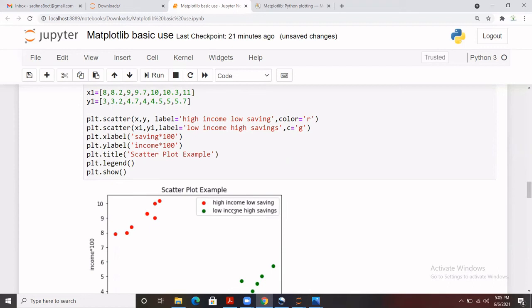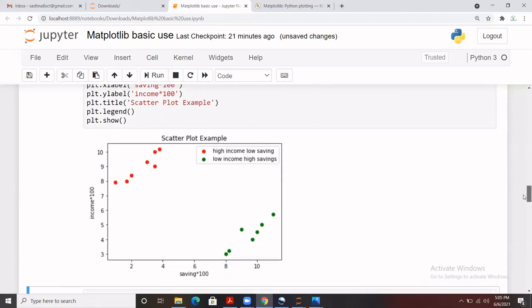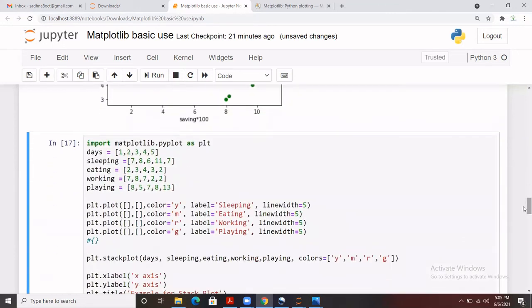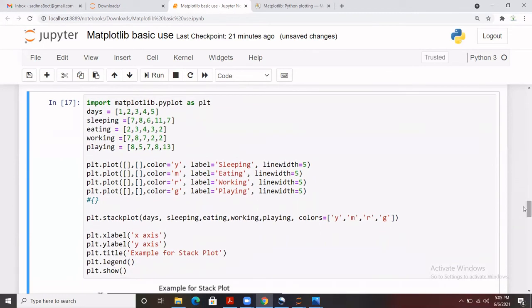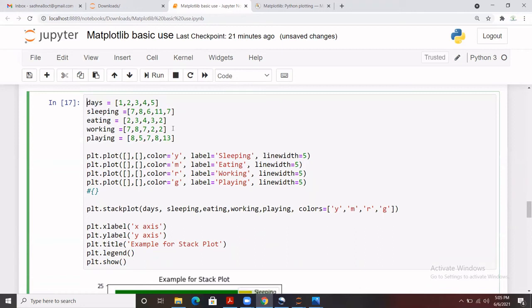There are a number of things to do with a particular plot, so you can go through the official website to get that information. It's very tough to memorize that code, so we basically get it from the official website of Matplotlib, and we put our data into that. It is not very important to memorize all the data visualization code, but you should have a basic understanding of it. Here, I don't need to import it again and again.